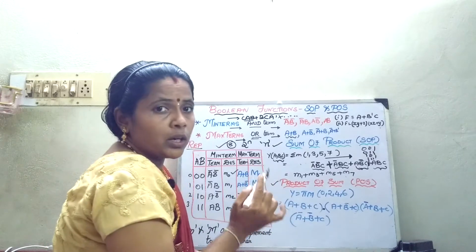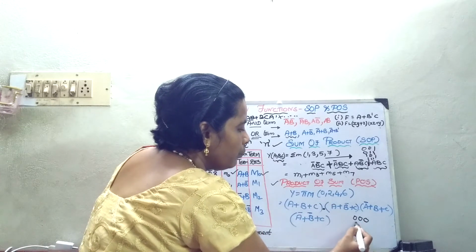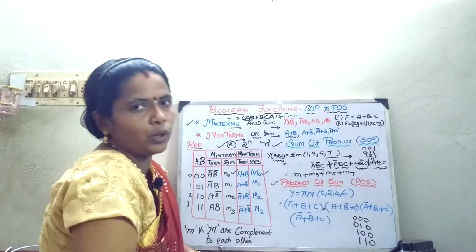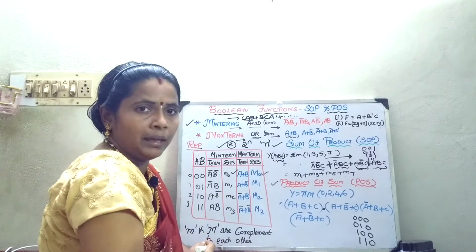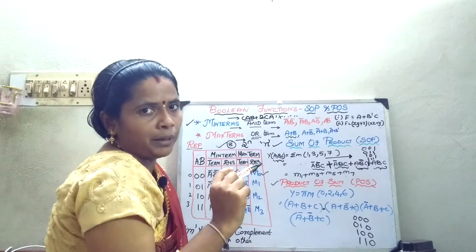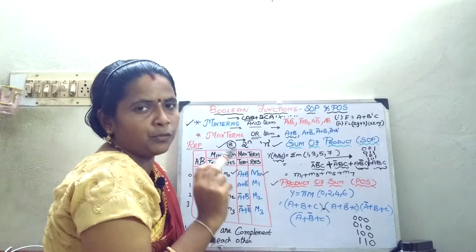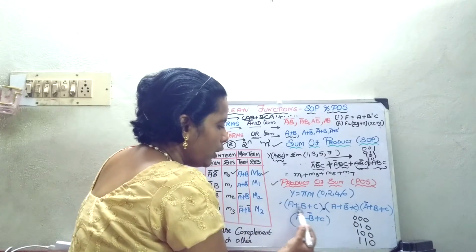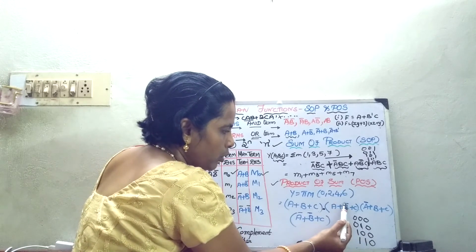Next, here what is the rule you have to follow? First we will write the values for 0, 0, 0, for 2 it is 0, 1, 0, for 4 it is 1, 0, 0, for 6 it is 1, 1, 0. Now you apply the rule here. What is the rule you should apply? So for 0 you should put it in complemented form, whereas in case of 1 you should put as 0. So wherever 1 comes, so 0, 0, 0, so it is no complemented value. 0, 1, 0. So wherever 1 comes, you are going to complement it.